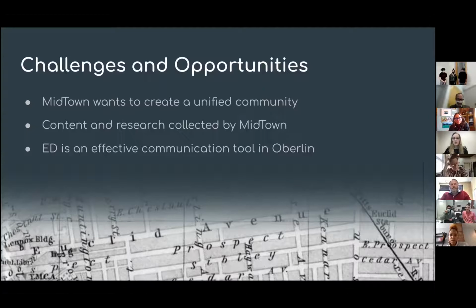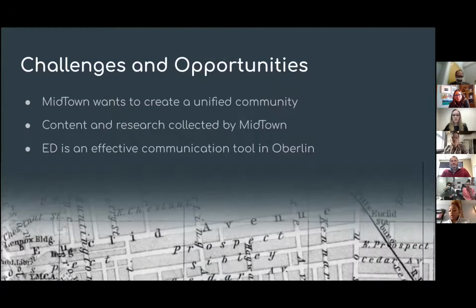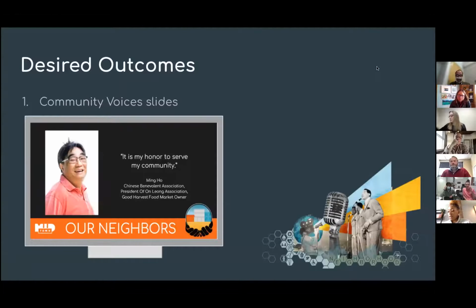We're going to have community voices, a vision story, and job listings. And we created an example of each of these slides to show you what we envision Midtown's environmental dashboard to look like. So as Sydney mentioned, this is the first category of content, community voices slides, and here you can see an example slide. Basically, as mentioned earlier, Midtown has conducted already a lot of interviews with residents, with community members of the Midtown area, and those